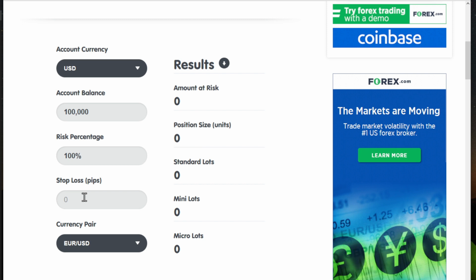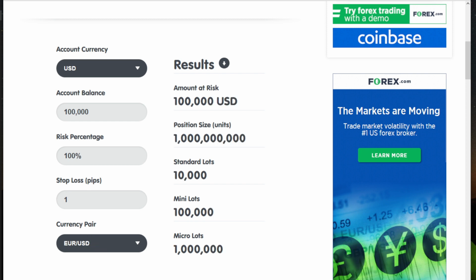Now, let's say that we're not going to do a stop loss, but I'll show you why this still works, or this still is useful in this calculator. Let's say we put a stop loss of 1, and we're going to calculate. Now it says that our entire amount is at risk, and we can put in an order for 10,000 standard